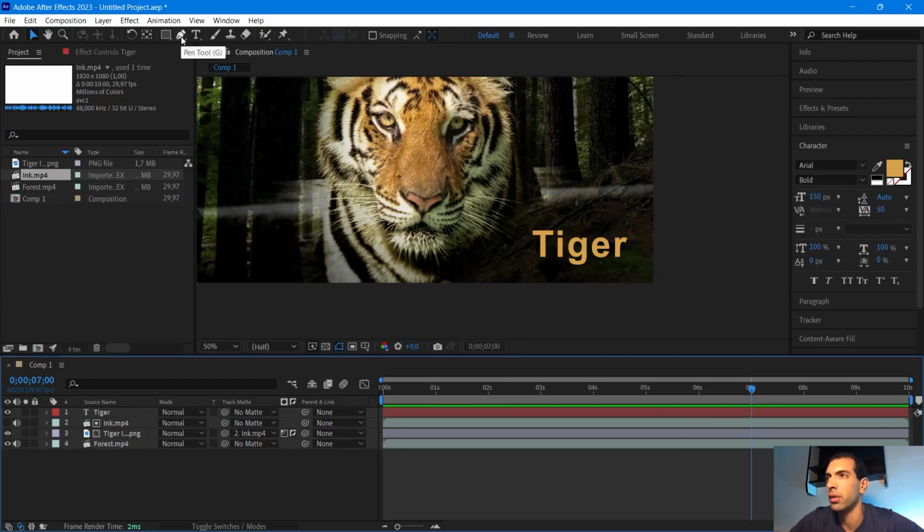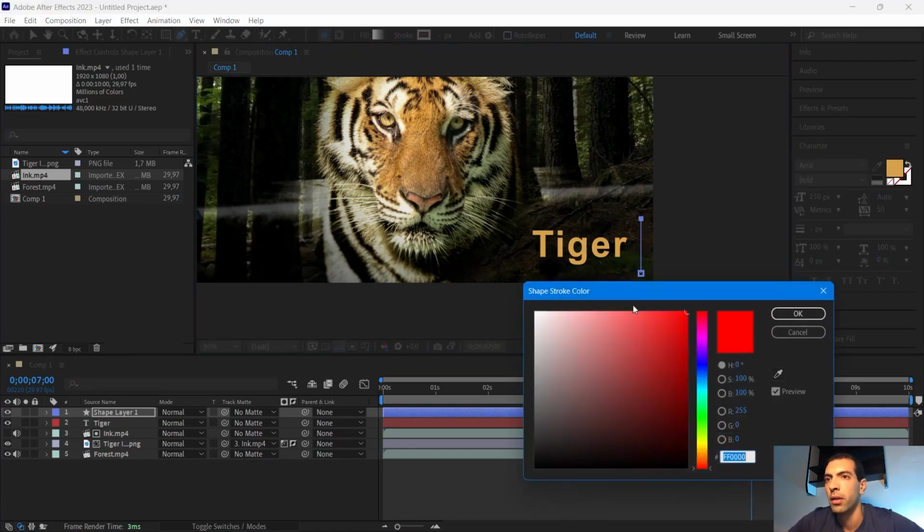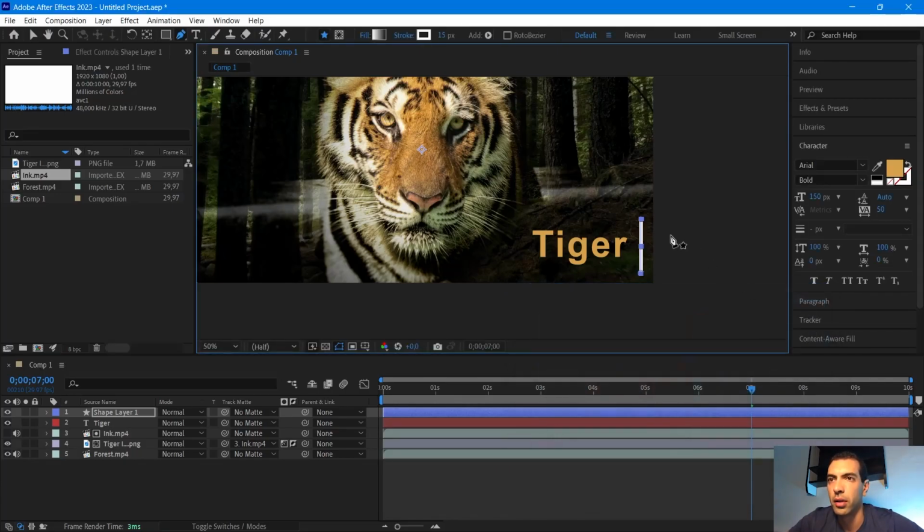To do that, I'm gonna use the pen tool. I'm gonna click here, press shift to make the line perfectly vertical, and click again. Now we have one line. I'm gonna set the stroke color to white like this, and width, I'm gonna set it to 20 like this. I'm gonna move the line right here. Yeah, I think this looks good. I'm gonna take it a little bit to the left like this,